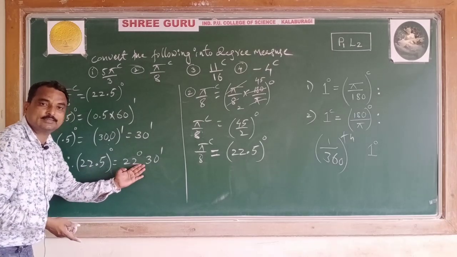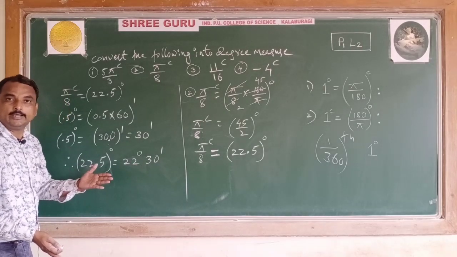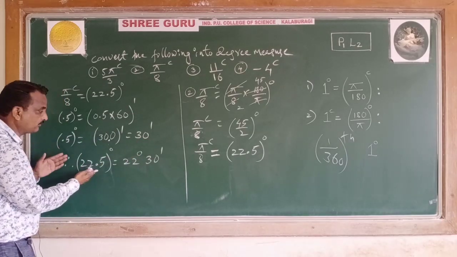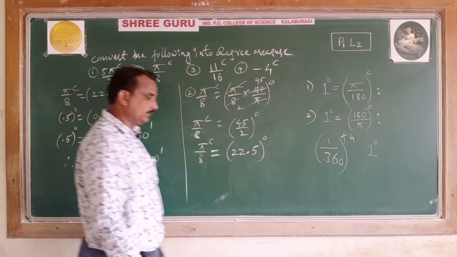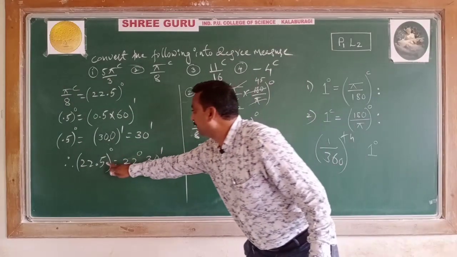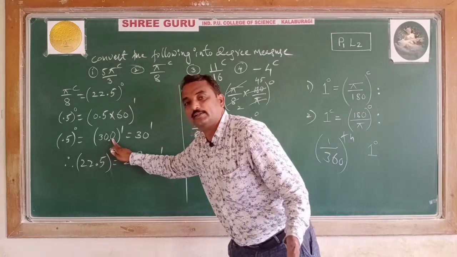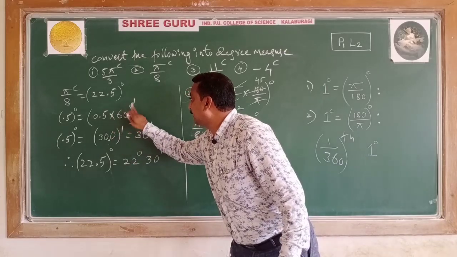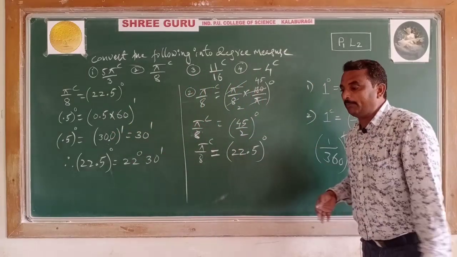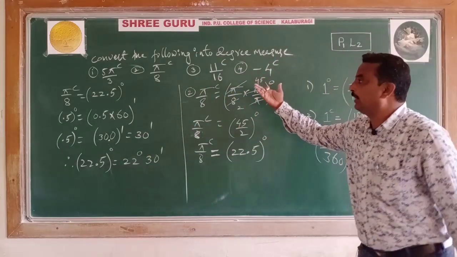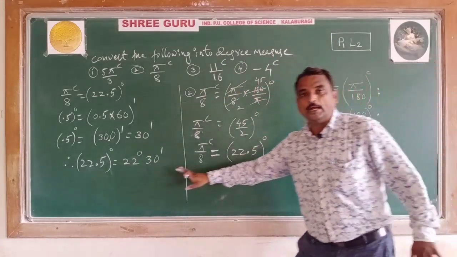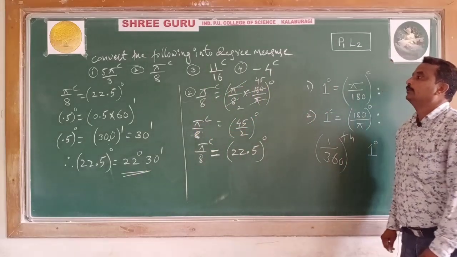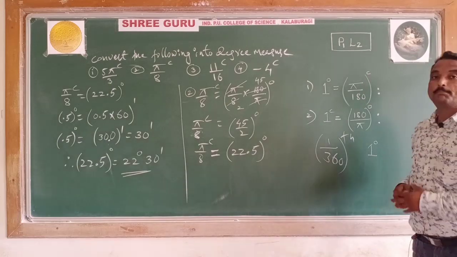Like that you have converted the measurement from radian, pi by 8. If you get a fraction, convert it in terms of minutes. And if the minutes again have a fraction with more digits, then you convert that in terms of seconds, again by multiplying by 60. So this is the second problem, students. Yes, 22 degree 30 minutes is pi by 8 radian.